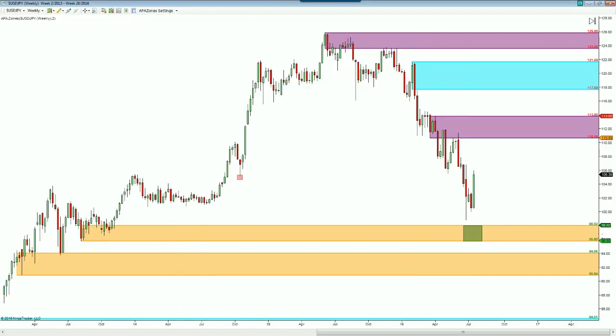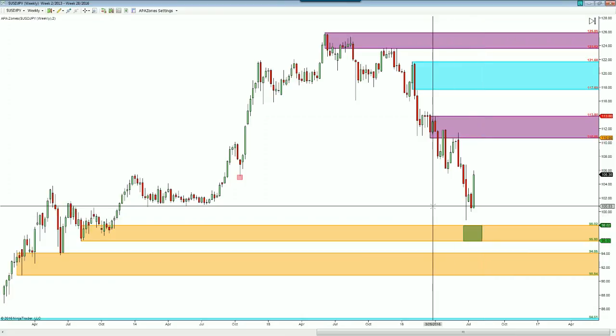All right, so he's wanting to see this thing get down to this level and then get a reaction off of this level. Well, we didn't get there. We're just a little bit short, but we did get a reaction back to the upside in a retracement manner. It looks like because at this 100 level,